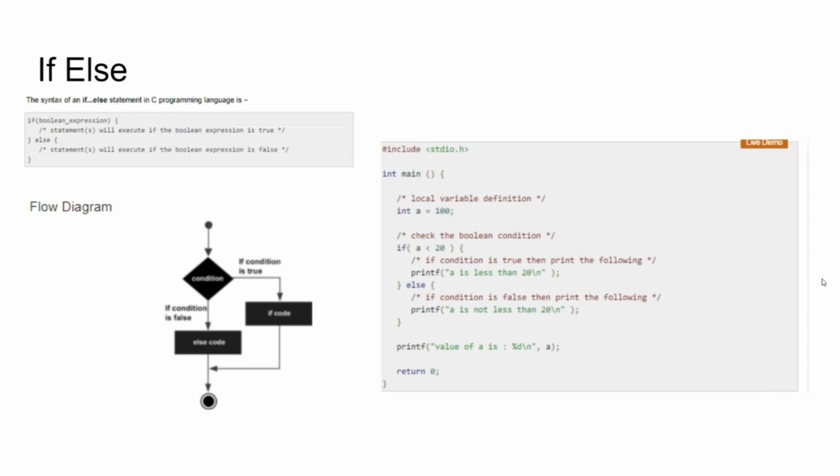If else, same thing, except now we have code that's executing in the case that it's not true, right? If it's false, then we're going down to the else block and executing that. So now a is 100. Is 100 less than 20? No, that's false. We're jumping to the else block. And of course, if a was 10 here, we would execute this, but then we're jumping over the else block. First we check this thing. If this is true, we go and execute this code. Otherwise, we're executing this code, but we're never executing both of these at the same time,